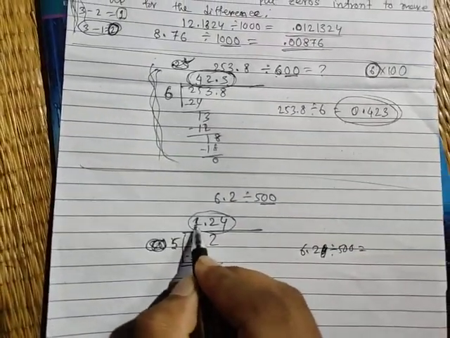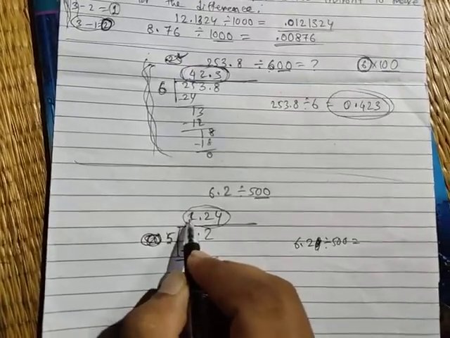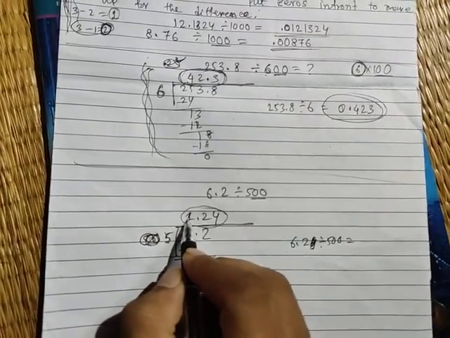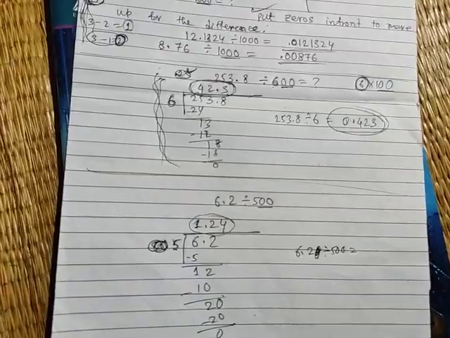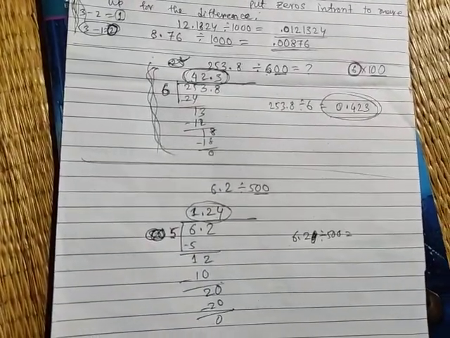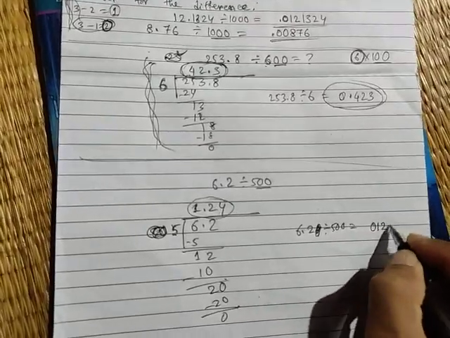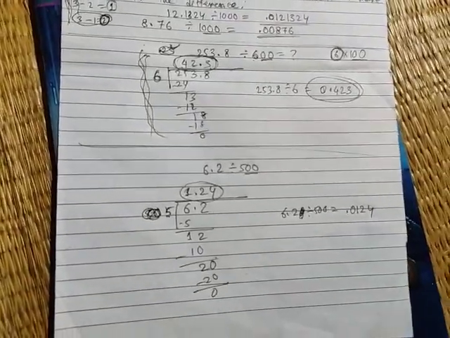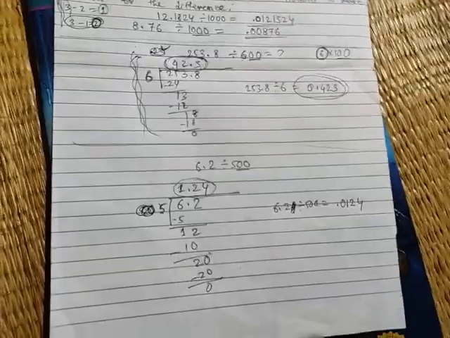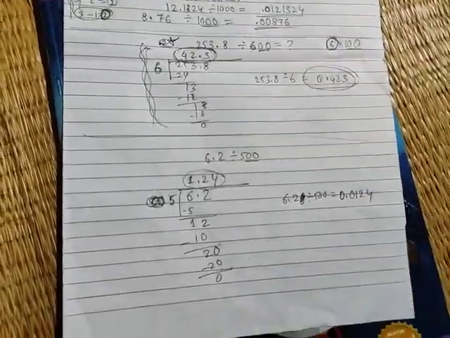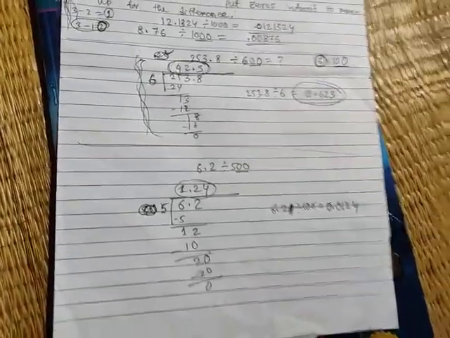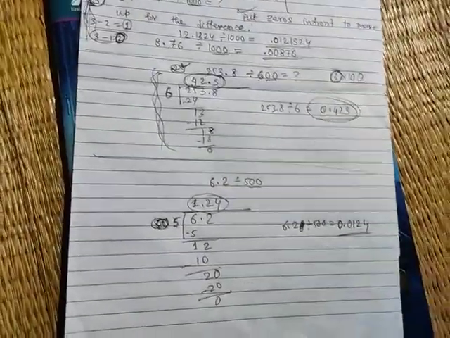So I have only one digit in the integral part of the quotient. So I have to put another 0 to make up. Okay. So 0, 1, 2, 4. This is our result: 0.0124. Put a 0 in front, it has no value, just put 0 in front. 0.0124. This is the result.